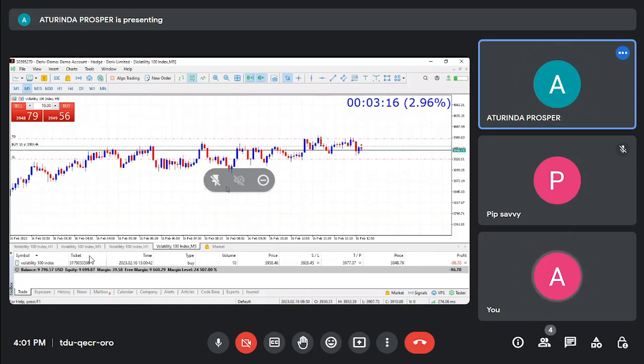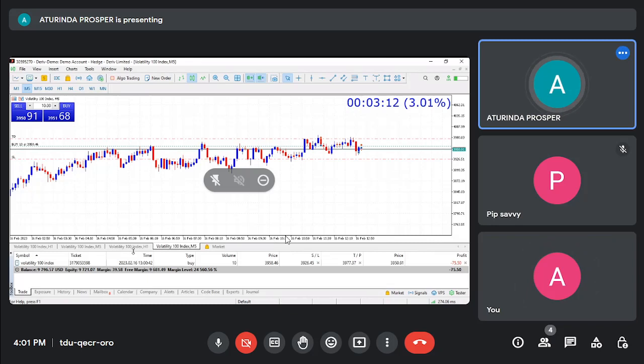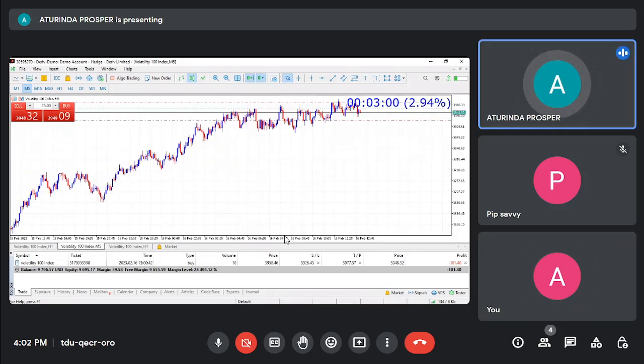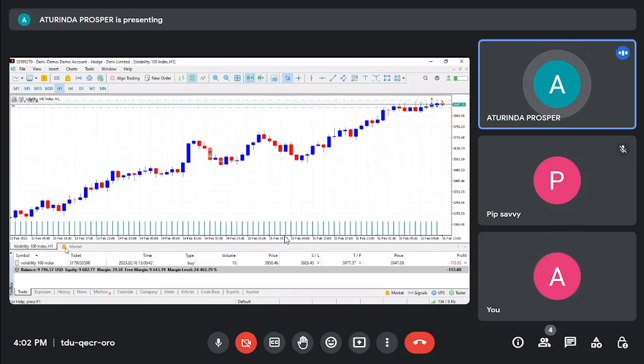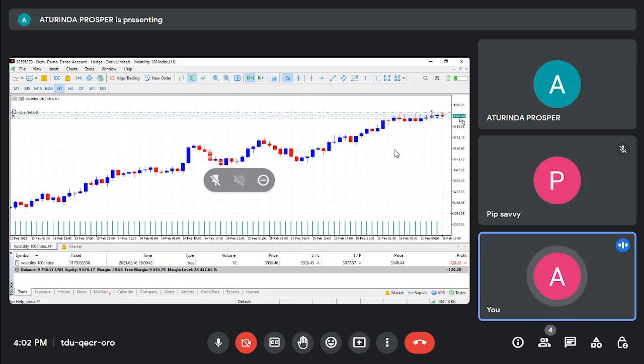Don't you see there are very many that are open? I can see 100 index H1, M5. You close and you only remain with one. They are the same, eh? Yeah, they are the same. No, just close. So I remain with that one. Then you go to 5 minutes time frame because now you can't see.